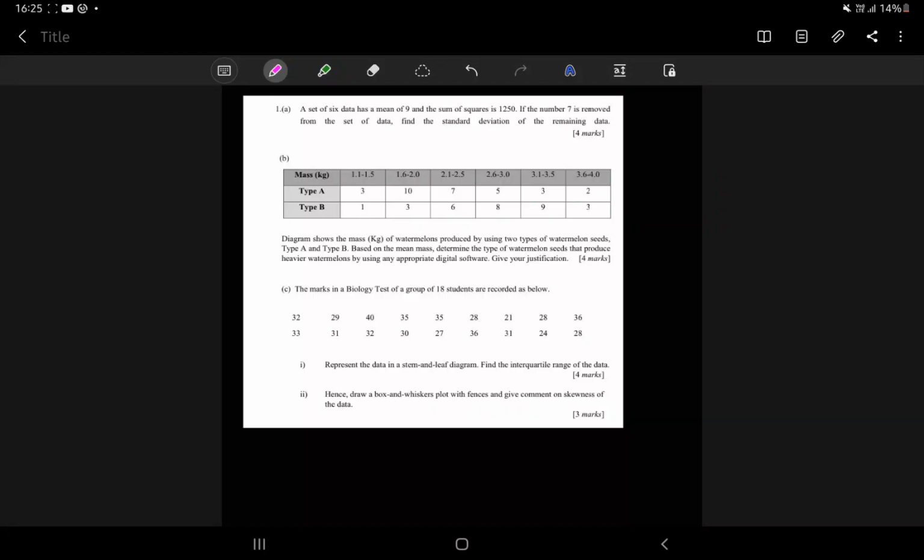So this is the continuation of the previous question. This is the first question basically. So we are going to discuss this question. So yeah,